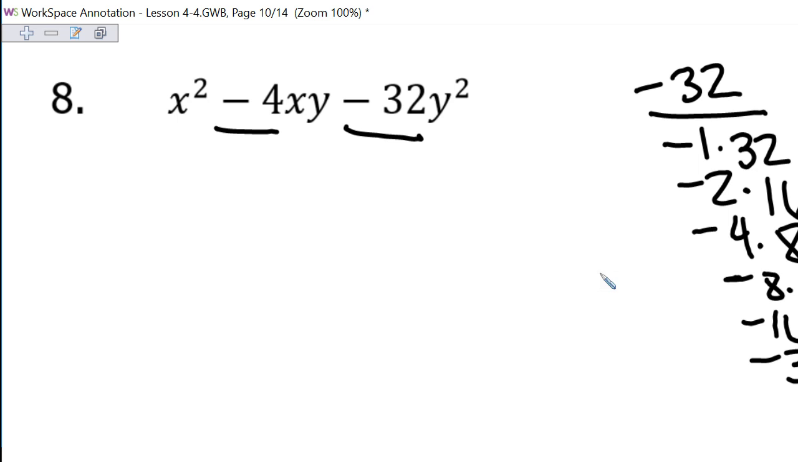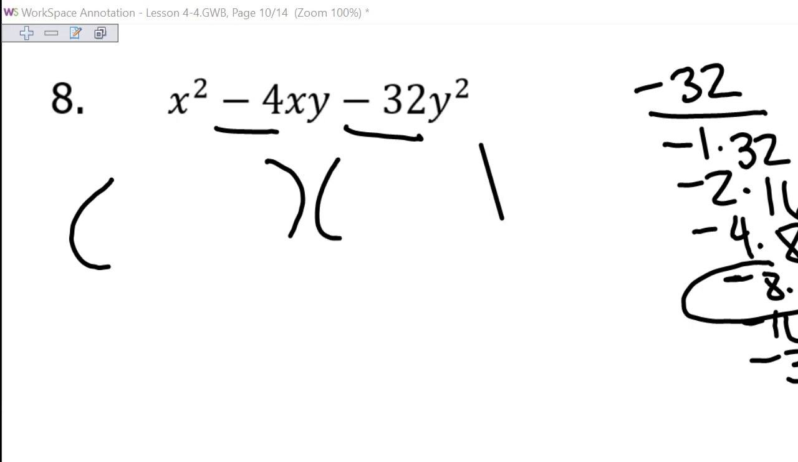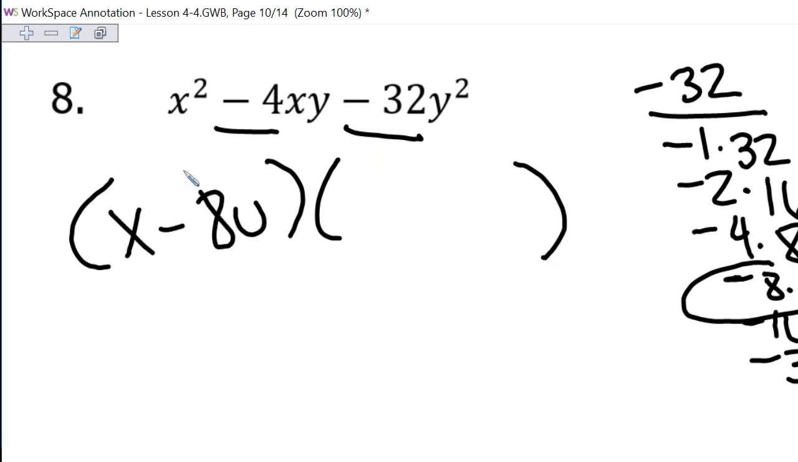What do we want to add up to? Negative 4. Which pair adds to negative 4? Negative 8 and 4. Now when I write my answer, I have to be careful because we have x and y. So what would the first answer be? X minus 8y. And what would the second answer be? X plus 4y. So if you have both variables, make sure the x is first, y is second. And then problem 9,